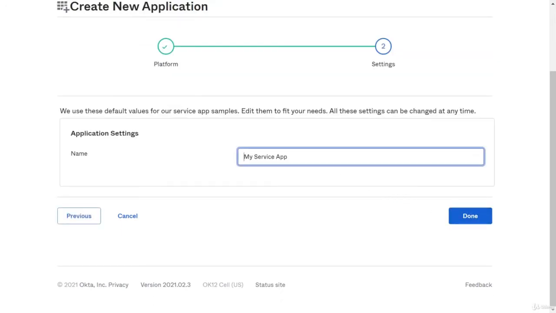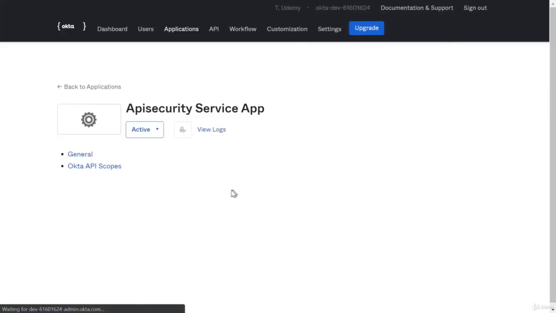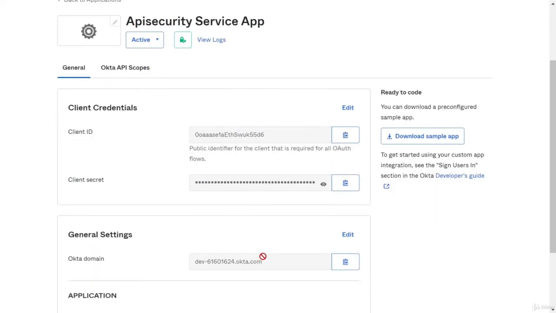Give it any name. When you are done, keep a note of 3 items that we will use soon: client ID, client secret, and Okta domain.